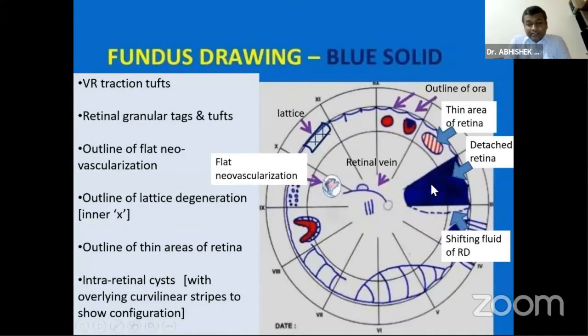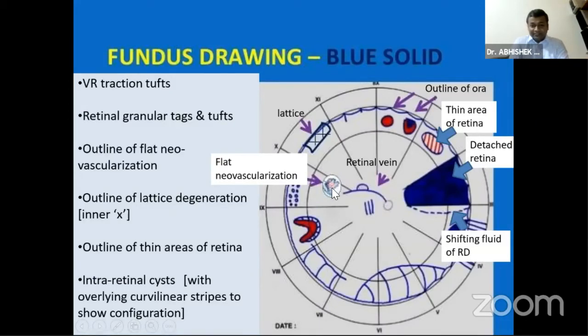Now coming to blue solid, the retinal detachment can be drawn in whichever quadrant it is, in solid blue. If it is an exudative detachment, then we can denote the shifting fluid with discontinuous lines. And the lattice is drawn with blue hatchings with the blue boundaries. And the flat neovascularization can be drawn as